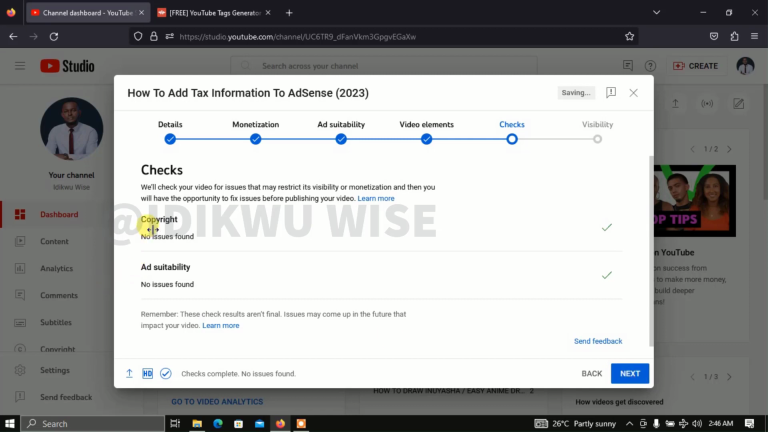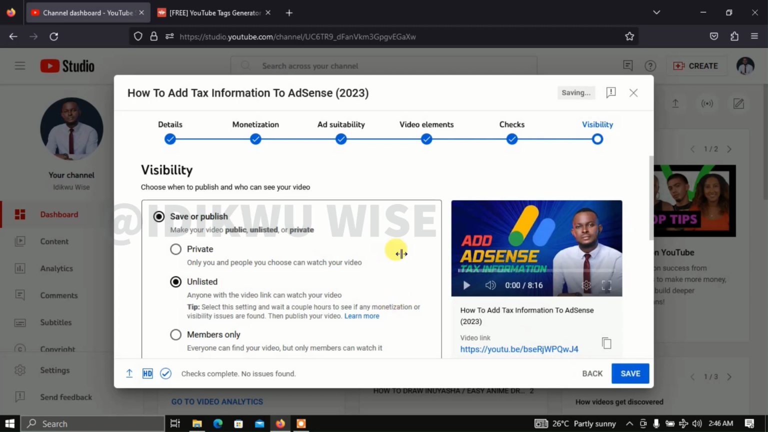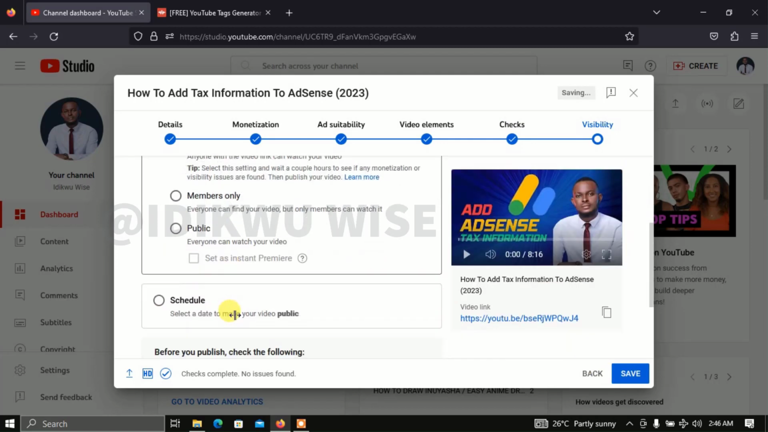You can see you don't have any copyright issue, ad suitability, no issue found. You see the check is 100% accurate, no issue found. So you click on next. So once you've done everything, then you click on